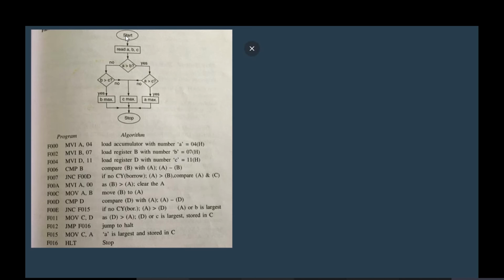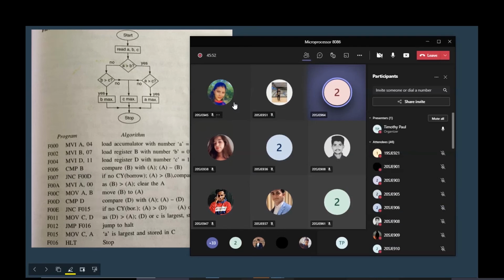Can you quickly write down the flow chart, so you can do the program, the mnemonics? The ones who do not have a simulator can do this till we finish the program in the simulator. Sharath, in the meantime, if you are finished with this, you can start writing in the simulator. The previous program, sir? Yes, please.